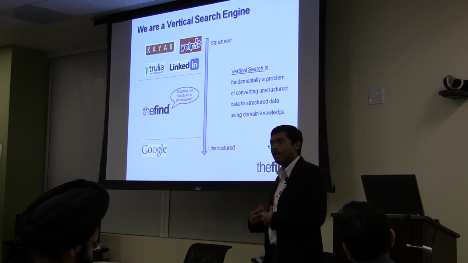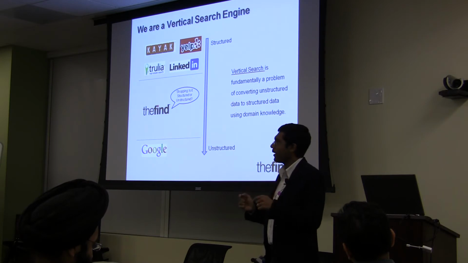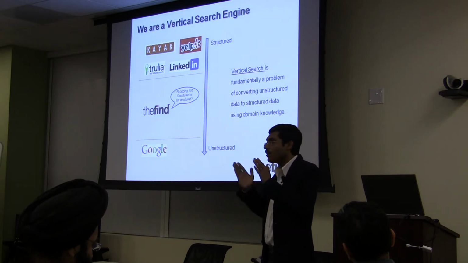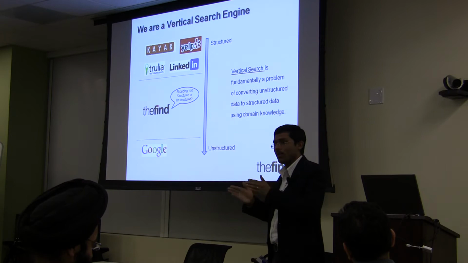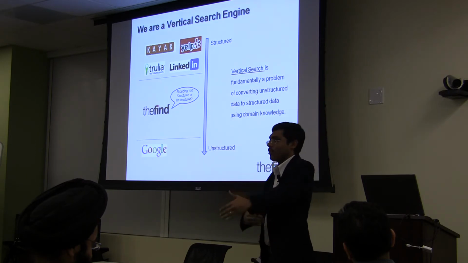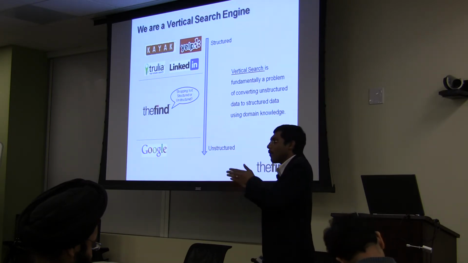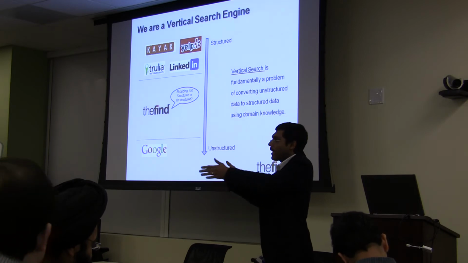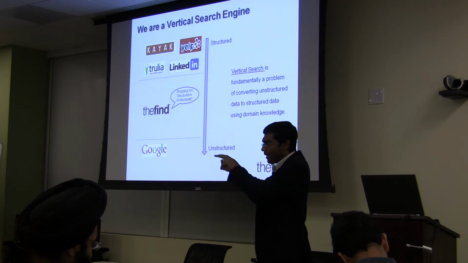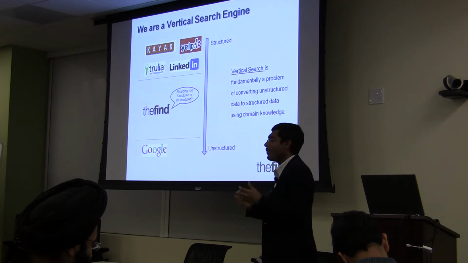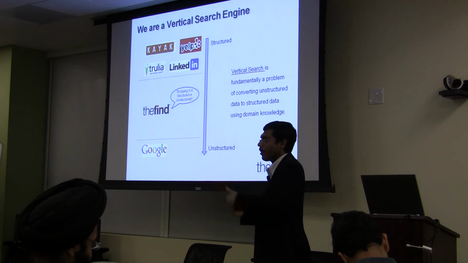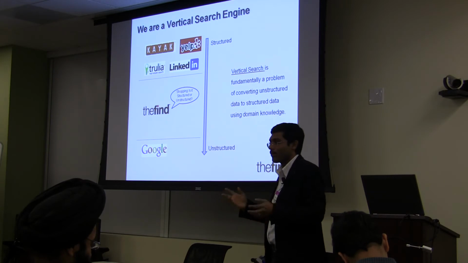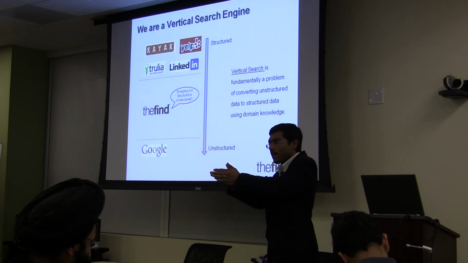Because we believe that when a user is searching for something, a user intent is always structured. The data might be unstructured, but a user intent is always structured. I want to shop for this thing, and maybe I'll describe it. Maybe I'll describe it using sandal, and if I say women's sandal as an example, women's describes it. Or maybe if I say strappy sandal or something like that. Or maybe I say an MTN number or whatever. So I'm always looking for a thing, and then I describe it.